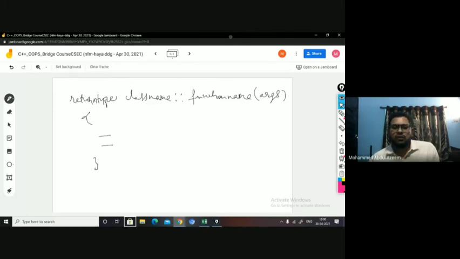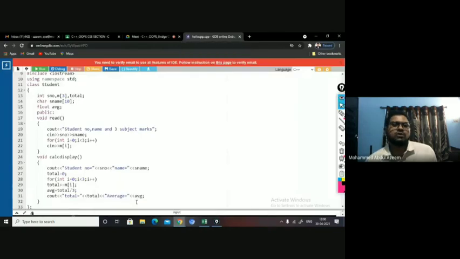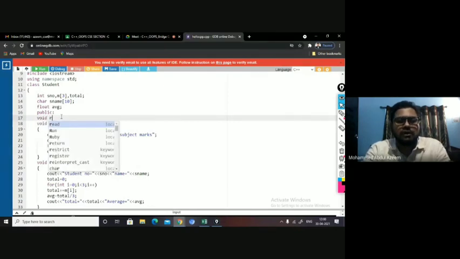Fine. Now let us write the program using the scope resolution operator in this particular program. Now here what I do is I just mention the prototypes. What are the prototypes of these functions?